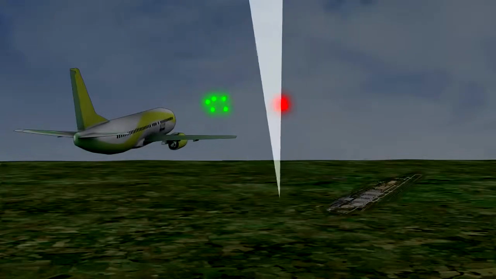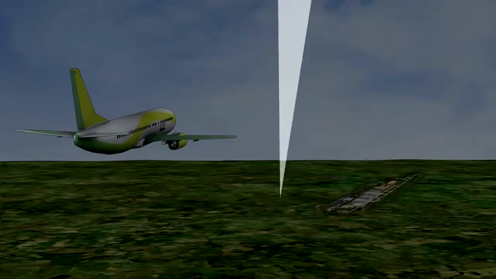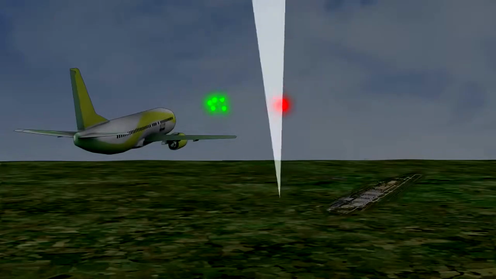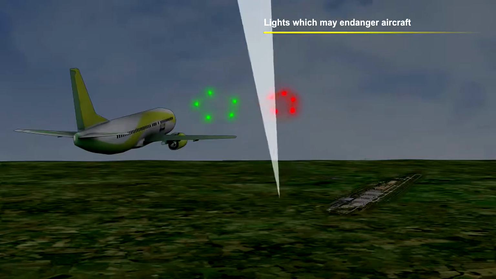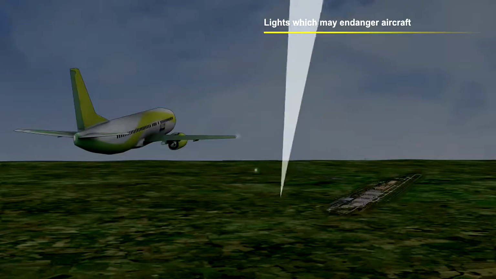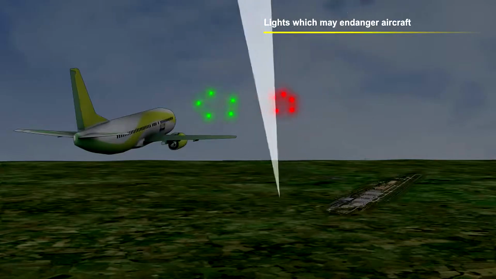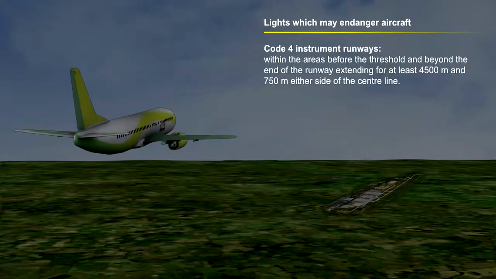Lights in the areas defined here are to be dealt with, and they should be removed or modified. For Code 4 instrument runways, within the areas before the threshold and beyond the end of the runway, extending for at least 4,500 meters and 750 meters either side of the center line.